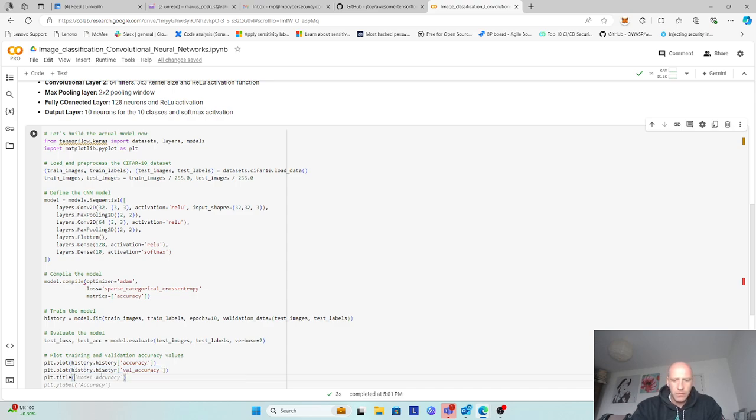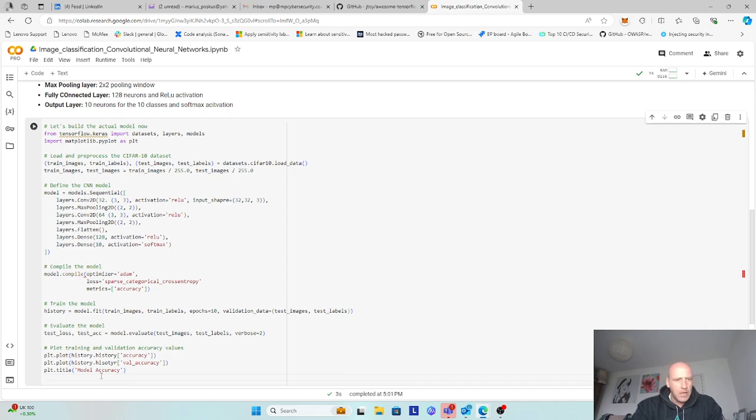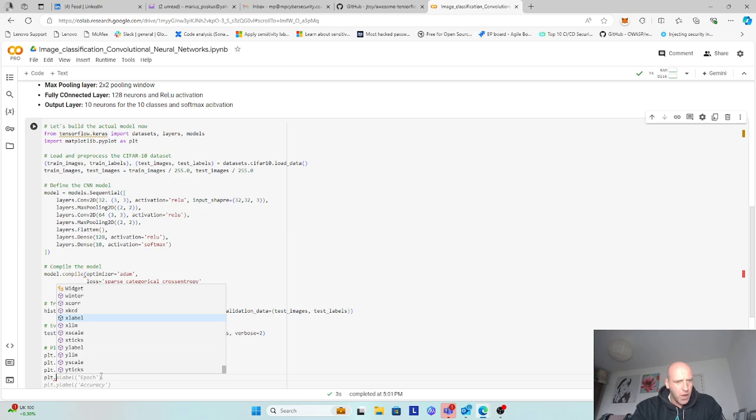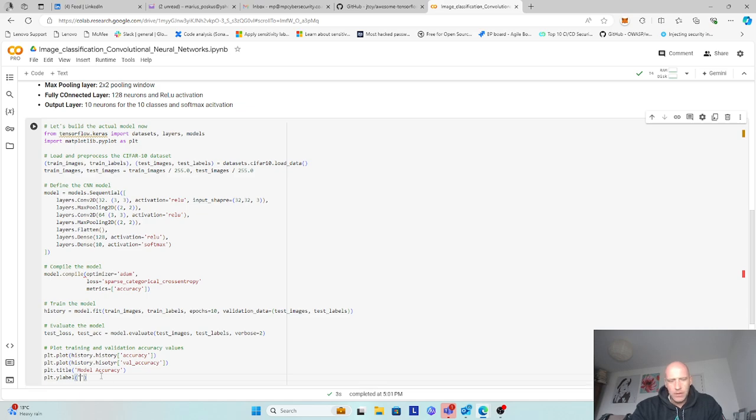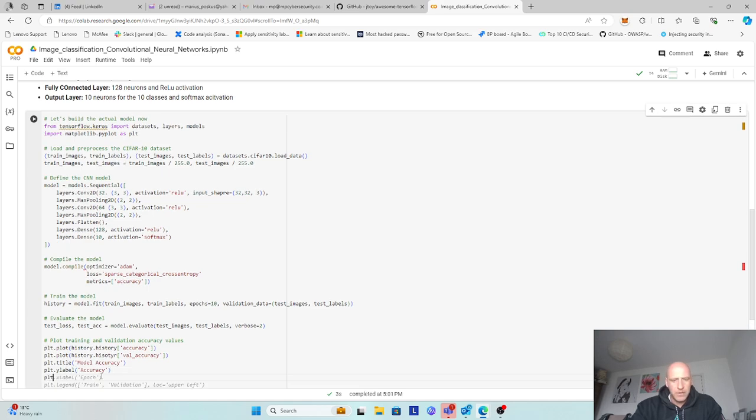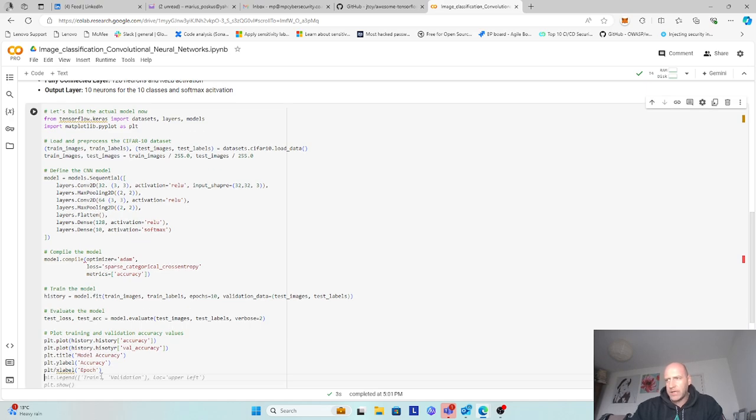So for this one, let's call it model accuracy, and then we're going to name the axis. So plt.ylabel is going to be accuracy, and then plt.xlabel, it's going to be epoch, so how many epochs we run, and how the accuracy looks like after each epoch. Let me just remove that and put a dot,